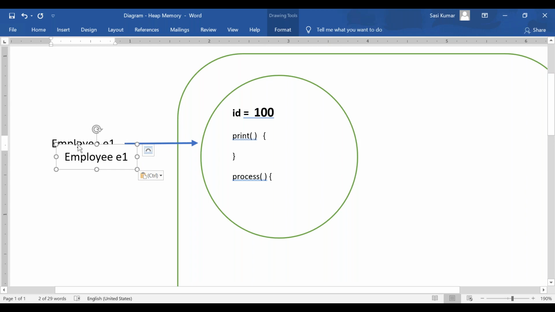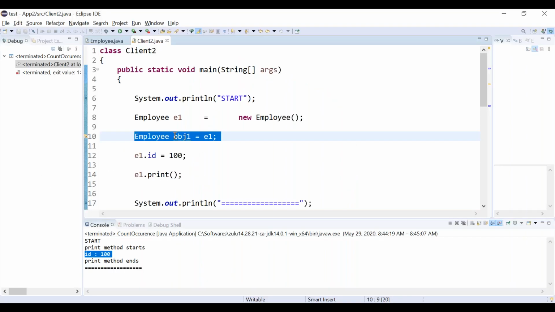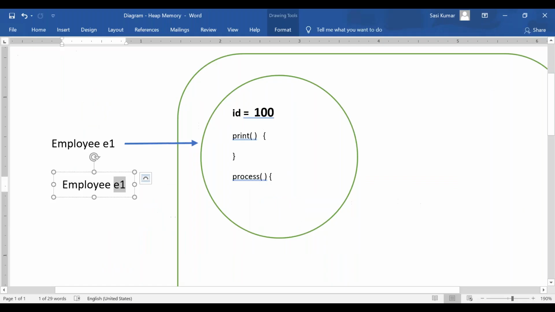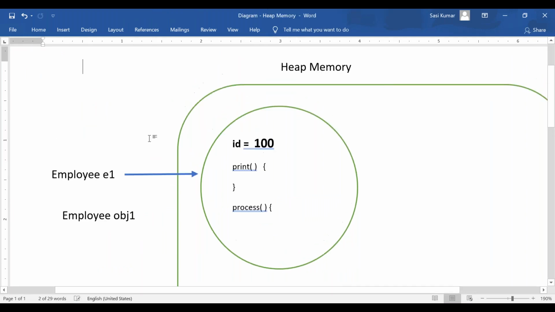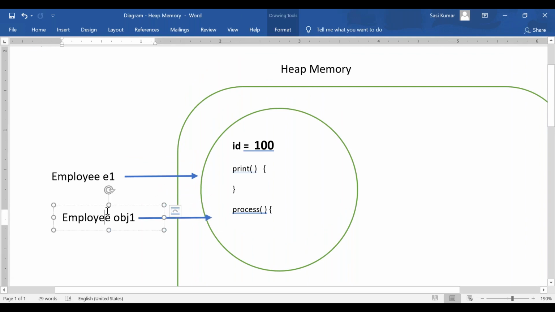If I assign, what will happen? One new reference variable is created, and its type is Employee, obj1. So what will obj1 do? obj1 also will be pointing to the same object. Why is it pointing to the same object?